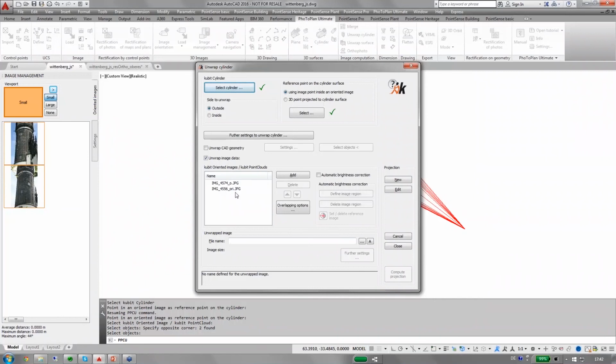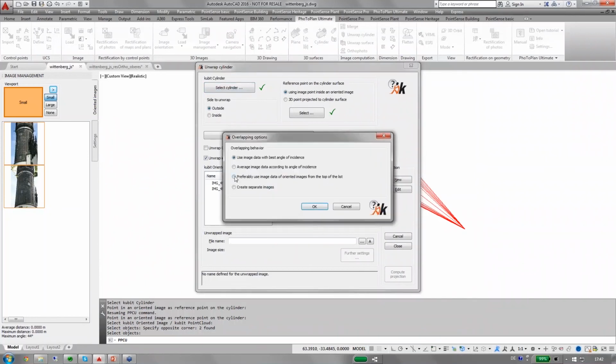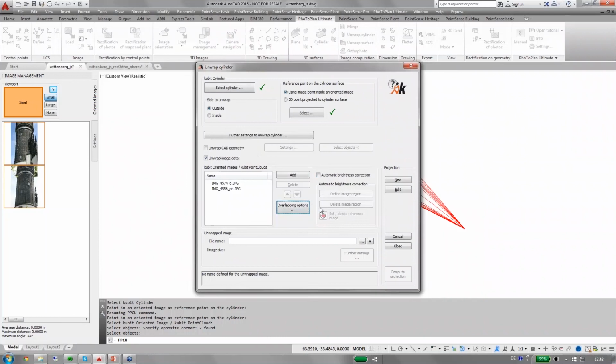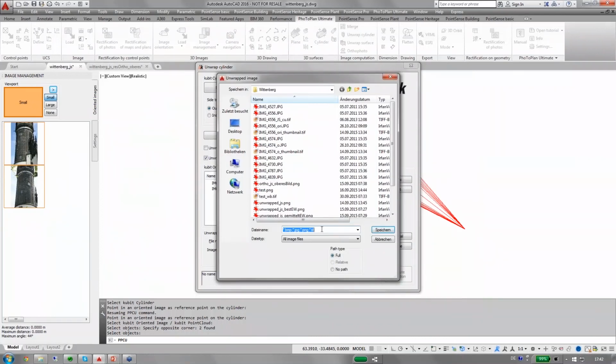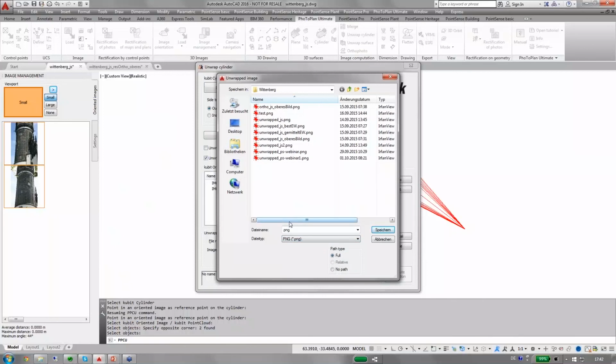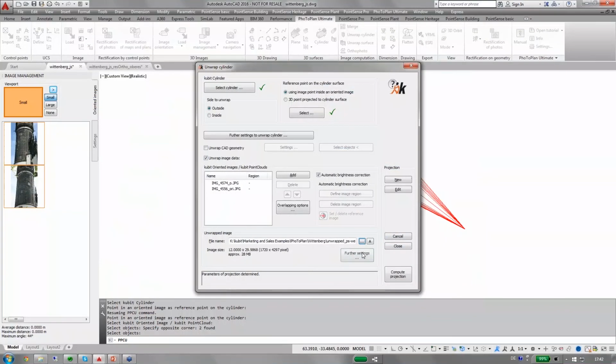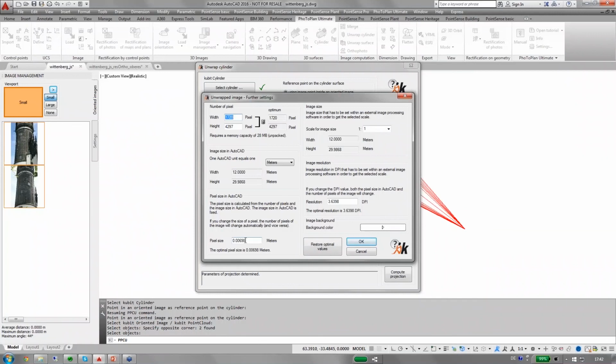And I will add the photographs. I could shift them up and down. I have overlapping options, best angle, etc. I can also apply brightness correction, and I need, of course, to tell the software the name and the format of the resulting image. I'll once more take this one and override it. Further settings we can check. Resolution